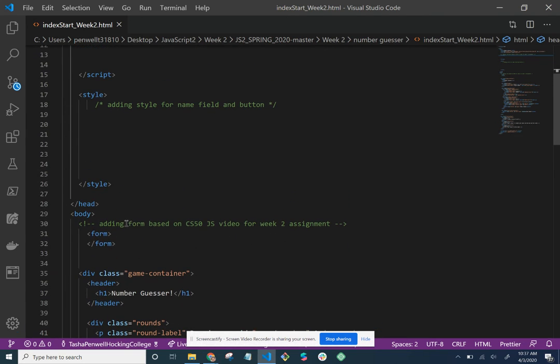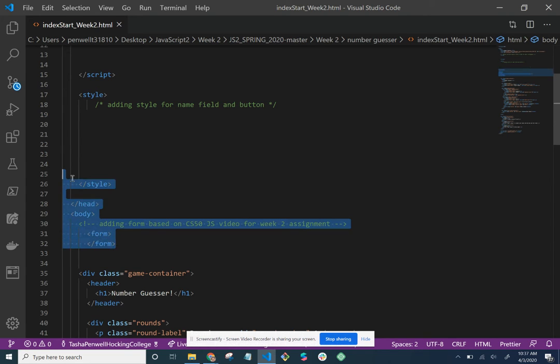So everything that you're going to be doing ends on line 30, well, line 32. It ends here with a closing form. Line 32 will actually move because you're going to put some content in it. But this is the last thing that you'll see. So everything you'll be doing is from here